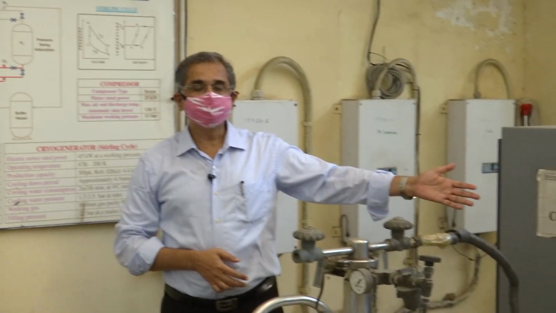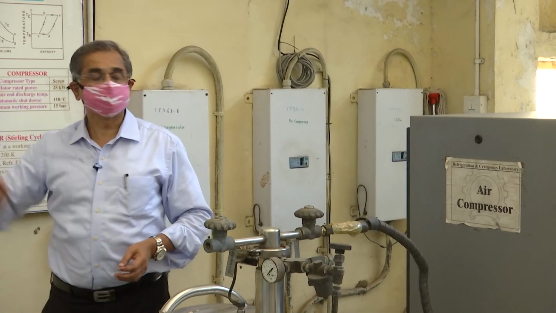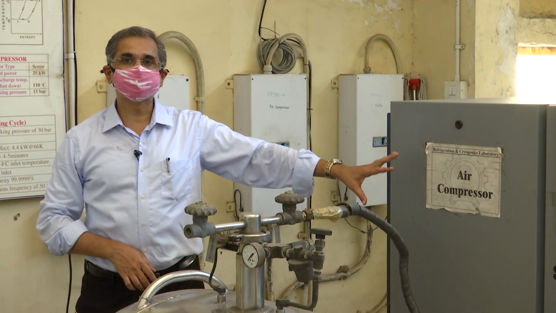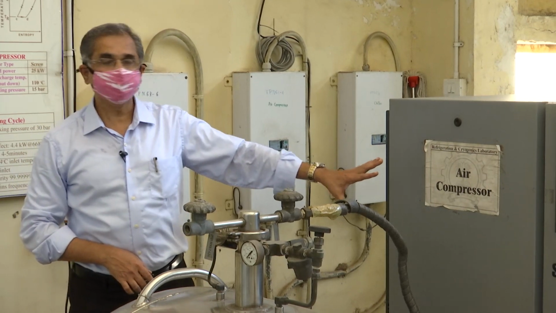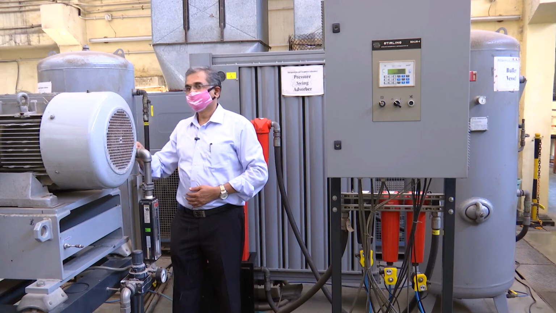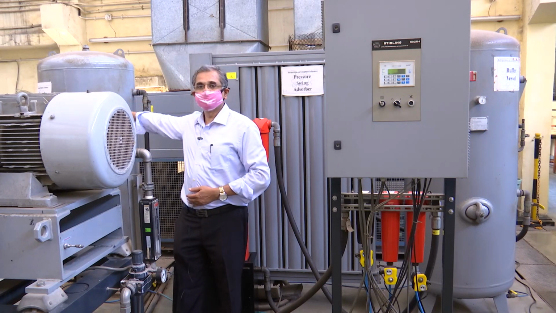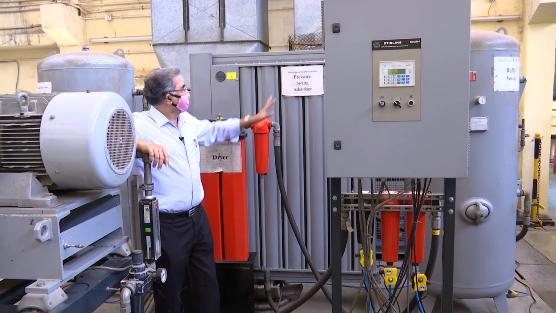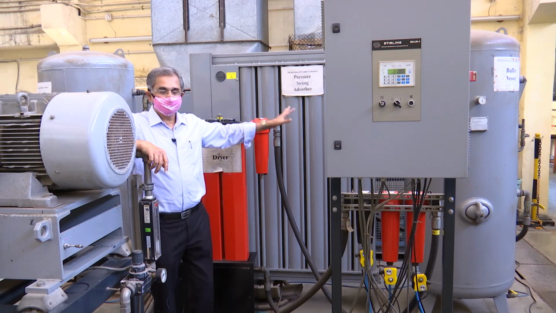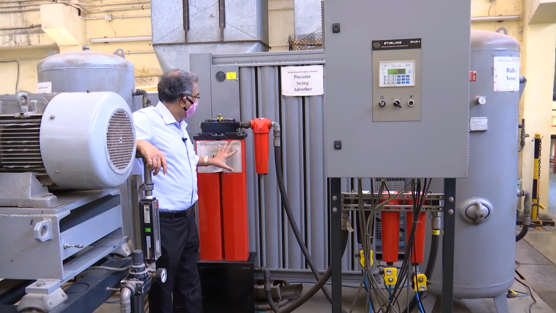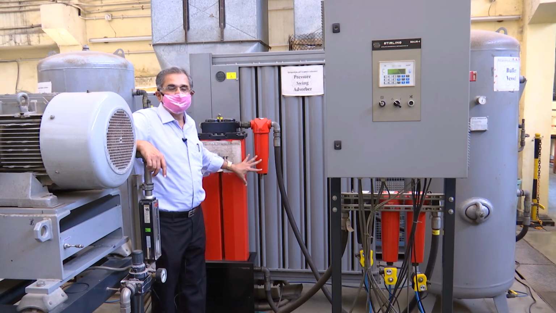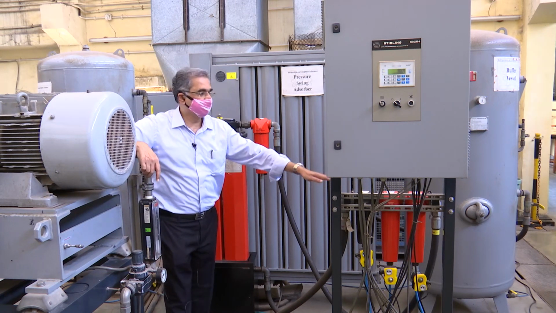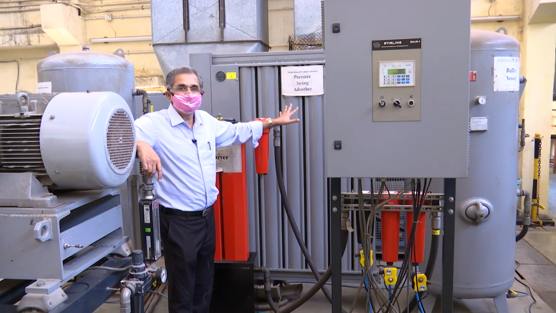On my left side now you see is the air compressor which I just showed you here. This air compressor takes air from atmosphere and compresses it to around 8 to 9 bar. Okay. So what I told you earlier, that the air storage vessel is here, where air at 8 bar is stored in this buffer vessel, and the major unit is this PSA unit, pressure swing adsorption. So after the air gets compressed, all the water vapor, carbon dioxide, hydrocarbons, etc. will get removed here. All the oil components also will get released here, and it will enter the PSA system.